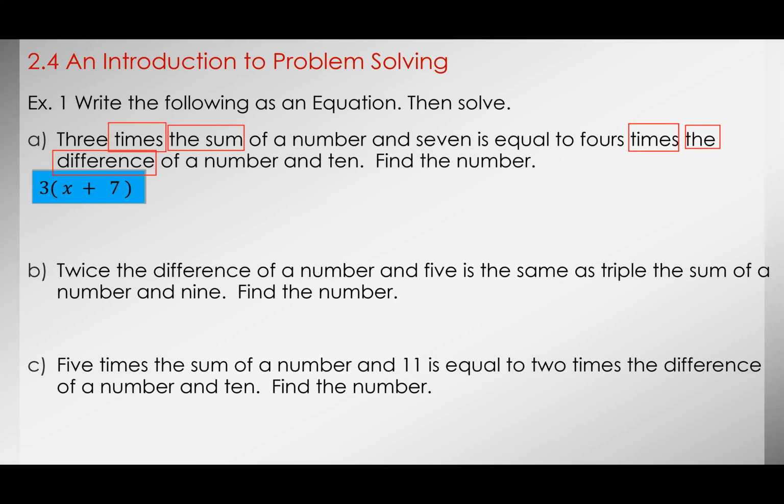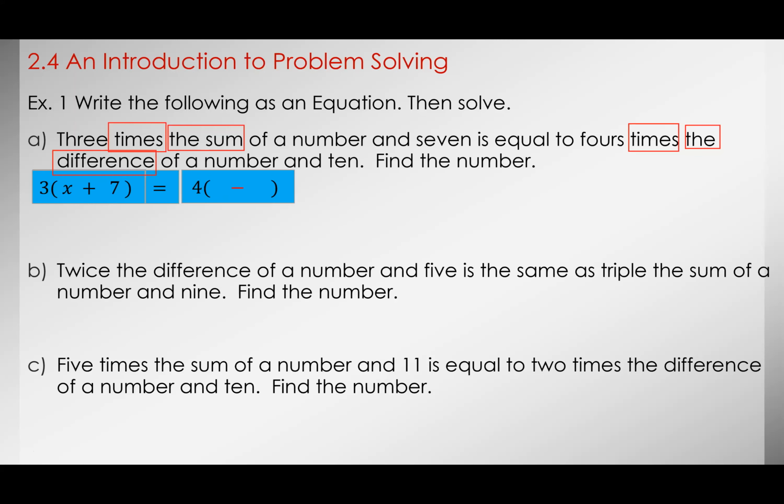So 3 times the sum is 3 multiplied by addition, the addition of a number, which is x, and 7. That's what we have: 3 times x plus 7 is equal to, meaning the equal sign,